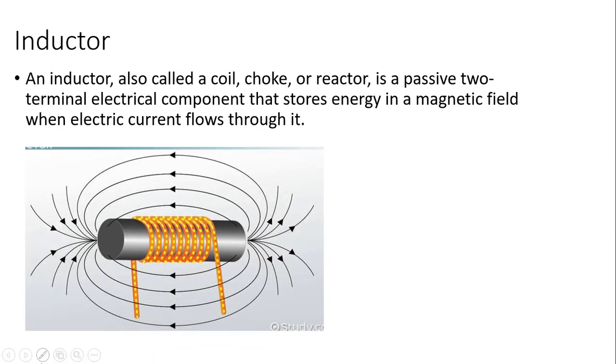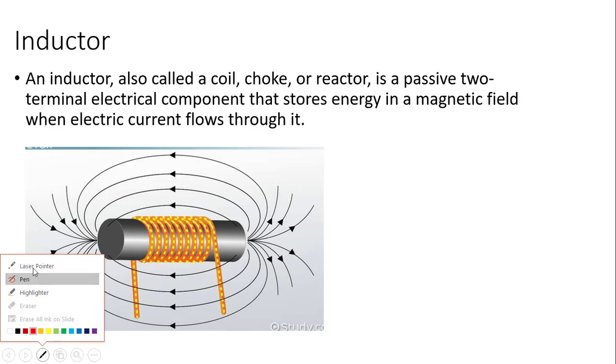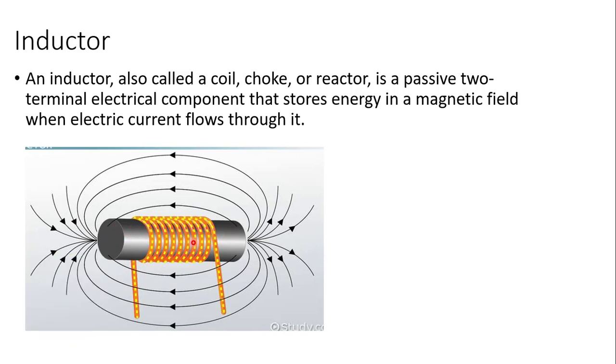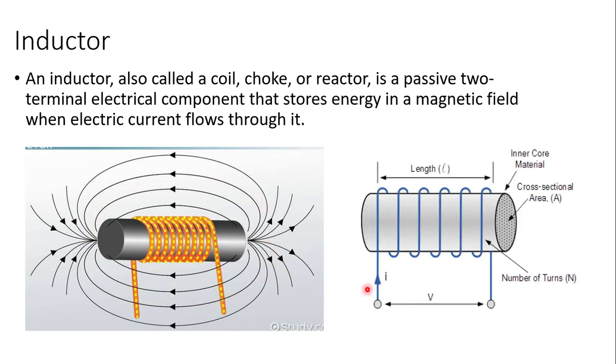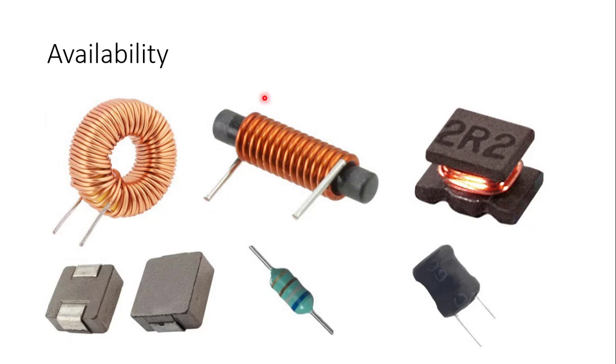You might have seen this kind of thing here. This is your wire which is carrying the current, and when the current passes through any conductor, it has magnetic flux associated with it. This is your inductor. Simply, it is an inductor. In the market you can see these kinds of inductors available. These two terminals are connected to the electricity supply. When the current passes through it, it generates the magnetic flux. The magnetic field is generated. So these types of inductors are used in the market.